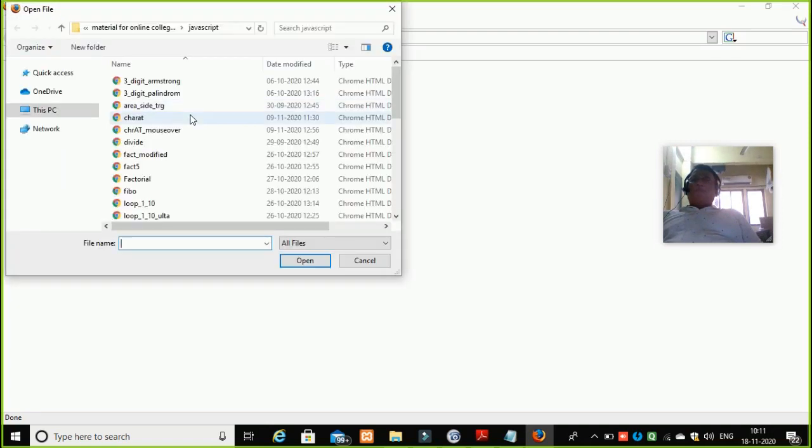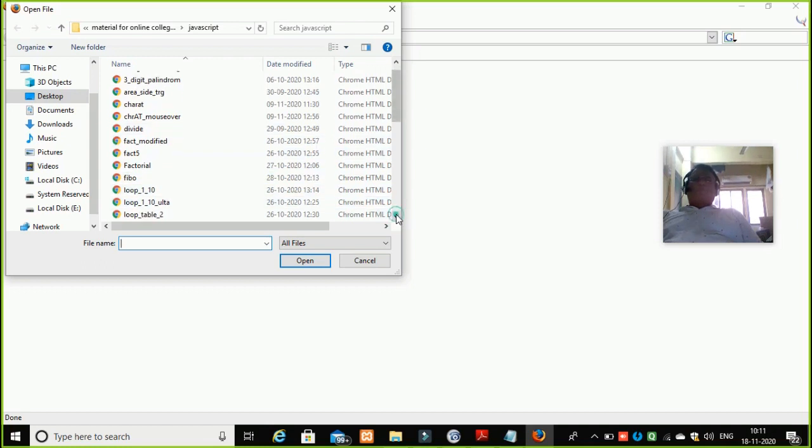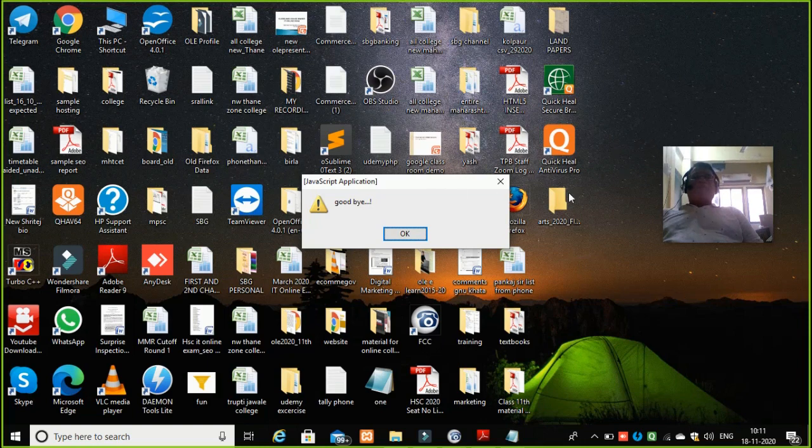Go to the file option, go to your program, and click open here. And when you click on the close button, you can see a message saying goodbye on the page unload.